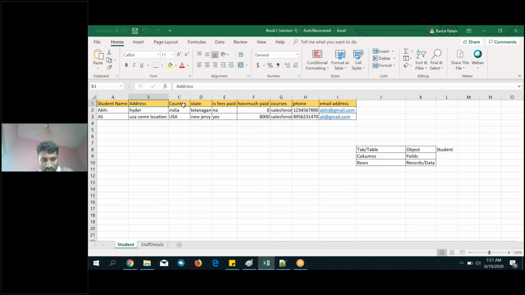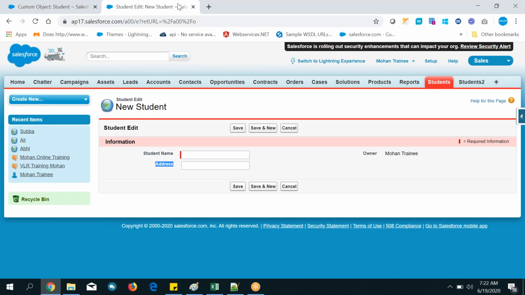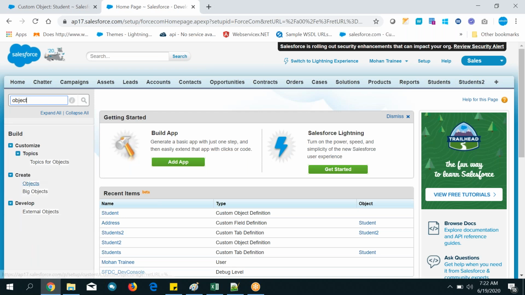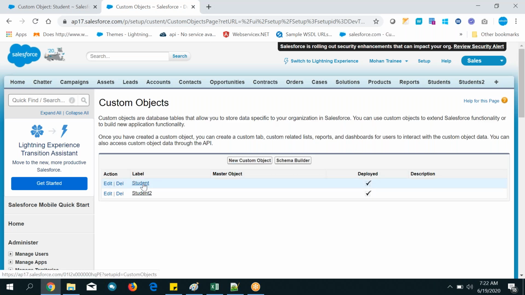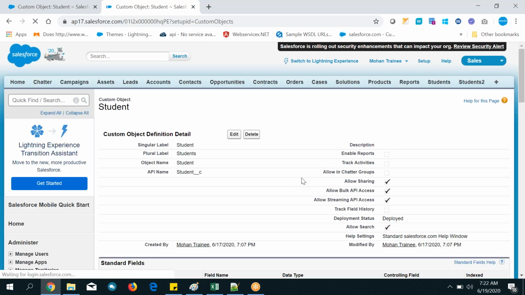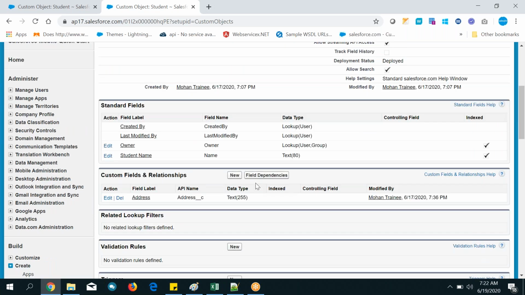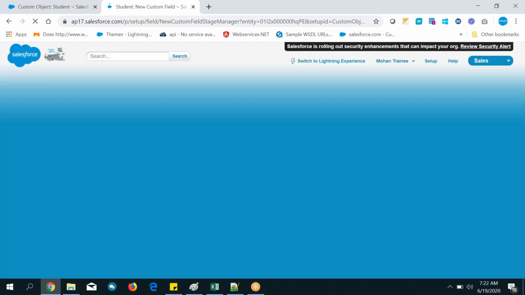Okay, so let's do it. Let's create a country and those kind of other fields also. If you want to create a field, you need to go to that object, right? So go to setup. See, here I am repeating because you can remember in your brain, not in your notebook, and go to that object. On the object only you can create the field. So go to custom fields and relationships. Yesterday I showed you, right? Same way only, and click on it.